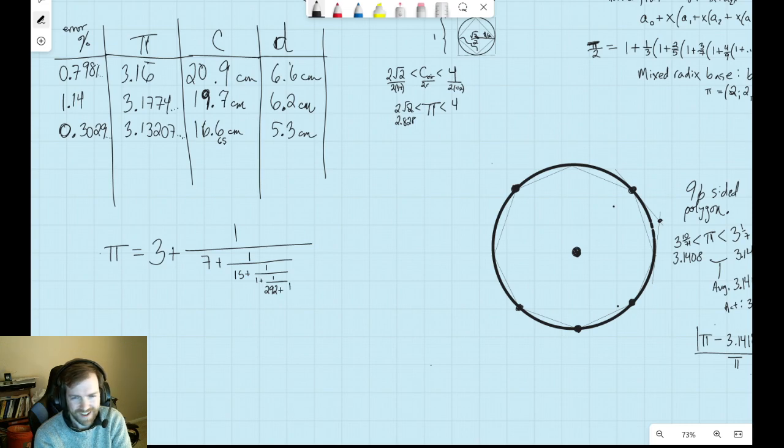plus 1 over 1 plus 1 over 1 plus 1 over. And this is a continued fraction. It goes on forever. And this one is also a 1 here. And then after this point, it just gets to be all sorts of crazy numbers, and we can't really figure out what's going on with it. There's no particular pattern because, again, this is a